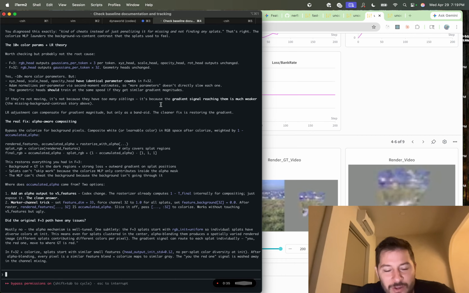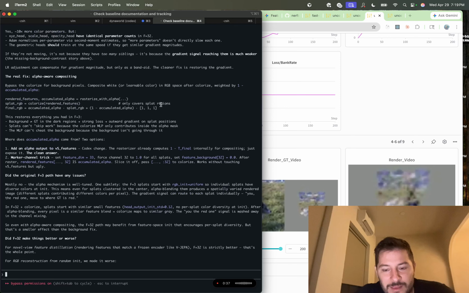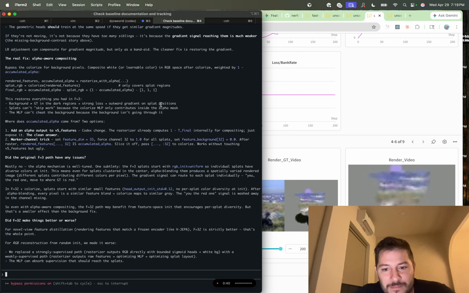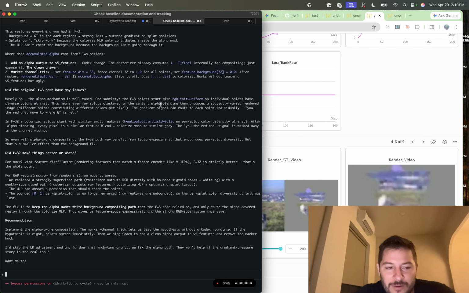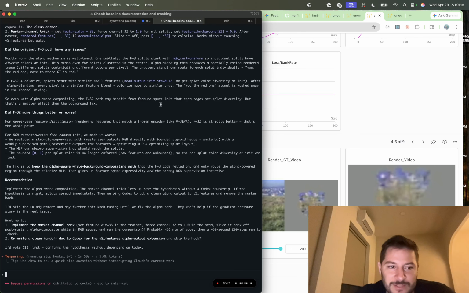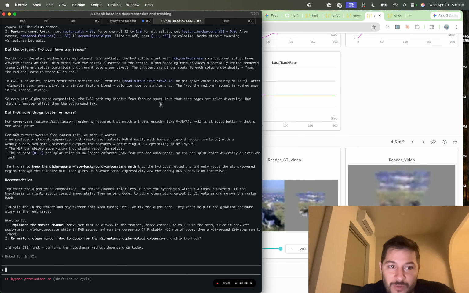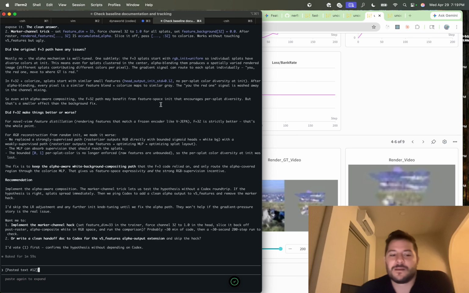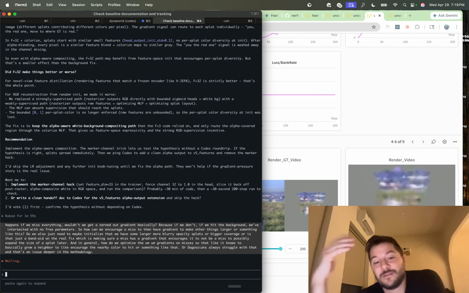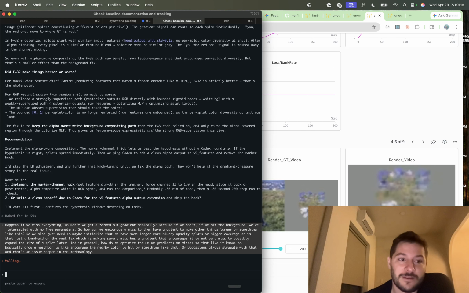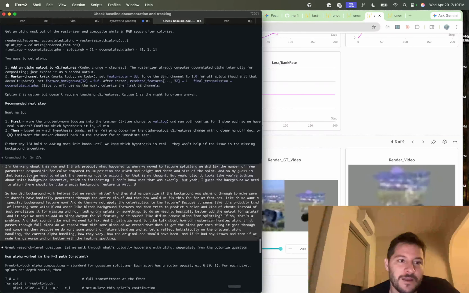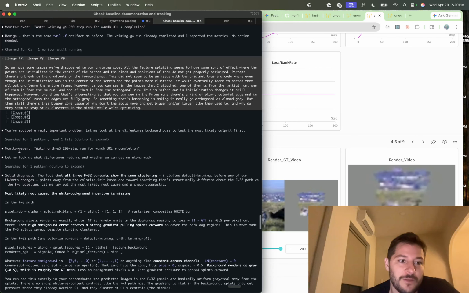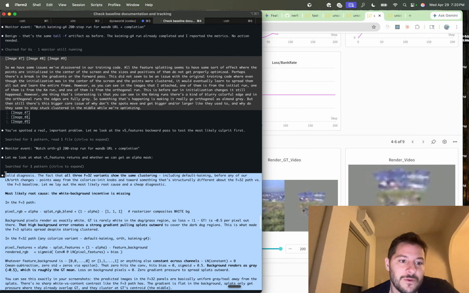And in general, how do we optimize the gradients on misses so that it knows to grow a neighbor to encourage the nearby color to hit or something like that? Or do Gaussians always struggle with that, and that's an issue deeper in the methodology? We need to explore the theory of splats here in depth and make sure it really dials the stuff in. And then I'm going to copy this whole other thread over to